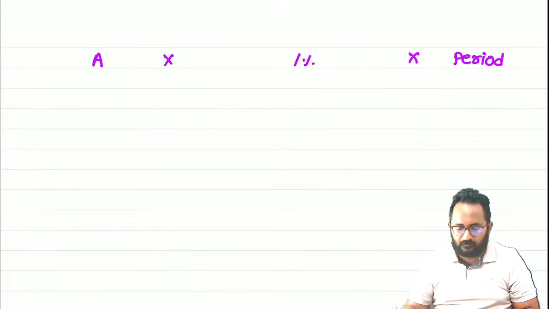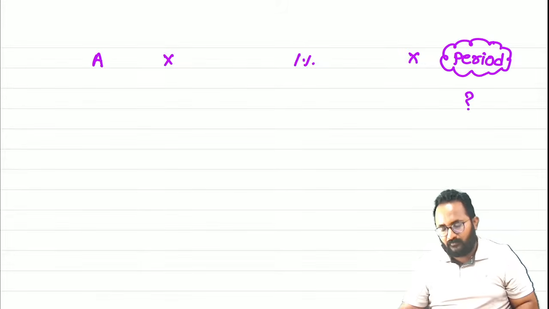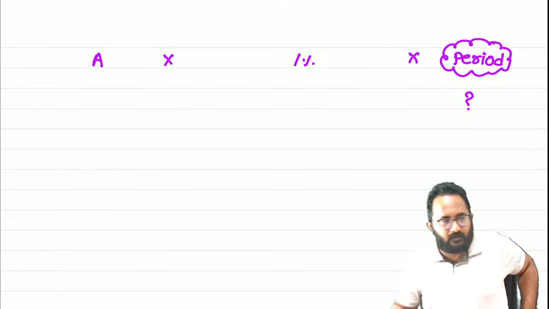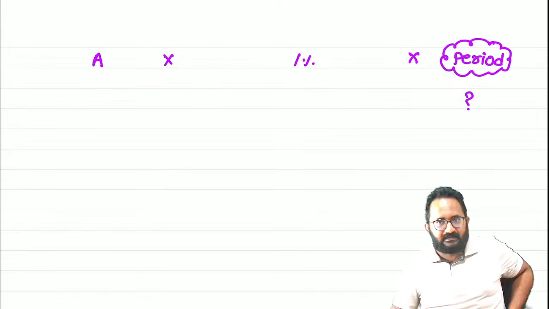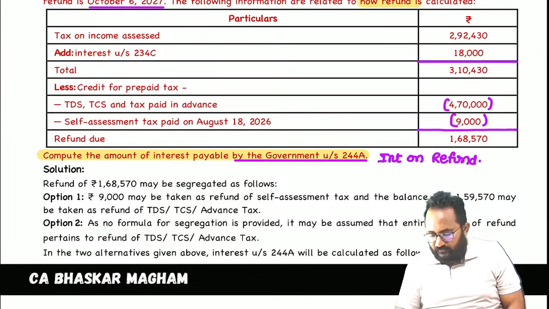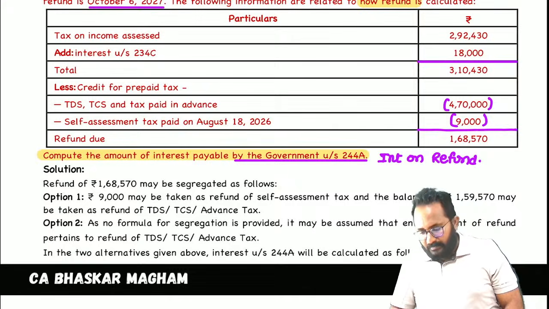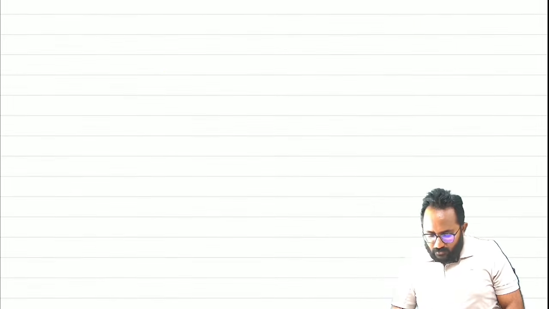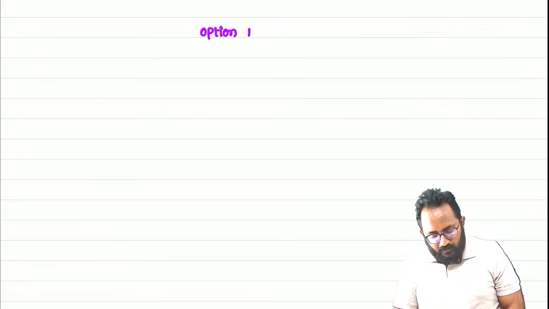Amount and rate of interest, okay. For the purpose of knowing the period, now we have to raise a question whether we are getting the refund out of the self-assessed tax or out of the TDS or TCS. They are not giving any clarity, because in this question here we are getting the refund from both. So that's why here we have to take the options. Government also, while calculating the interest on the refund, will follow this options calculation.